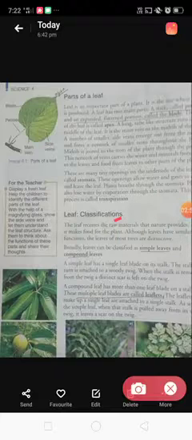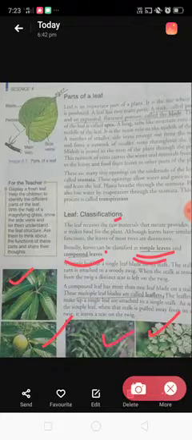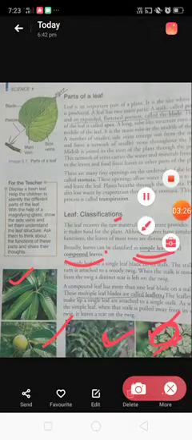Leaves can be divided into simple leaves and compound leaves. Simple leaves look very simple. See the leaf of a mango. The leaf of a guava, very simple. Their leaf structure is single. So that's why they are called simple leaf. And in case of compound leaves, have you seen the coriander, the dhania patta, the neem leaves? Those are called compound leaves because on one stalk there are a number of leaves. That's why they are called compound leaves. Okay.